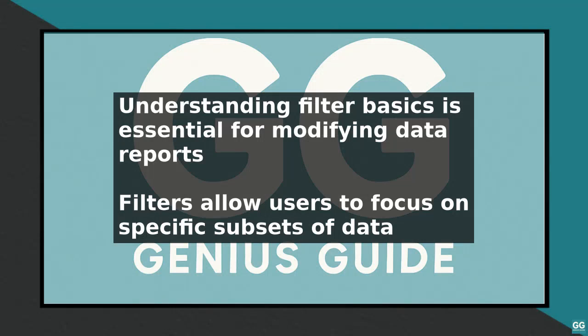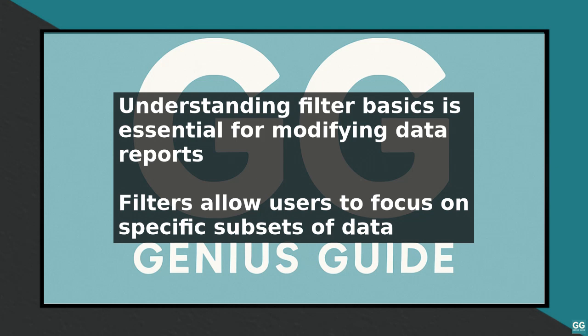To interpret Google Analytics filters, start by understanding the basics of how filters work in Google Analytics. Filters are used to modify or exclude data from your reports, allowing you to focus on specific subsets of data. There are two main types of filters: predefined and custom filters. Predefined filters are set by Google Analytics, such as excluding internal traffic, while custom filters are created by the user